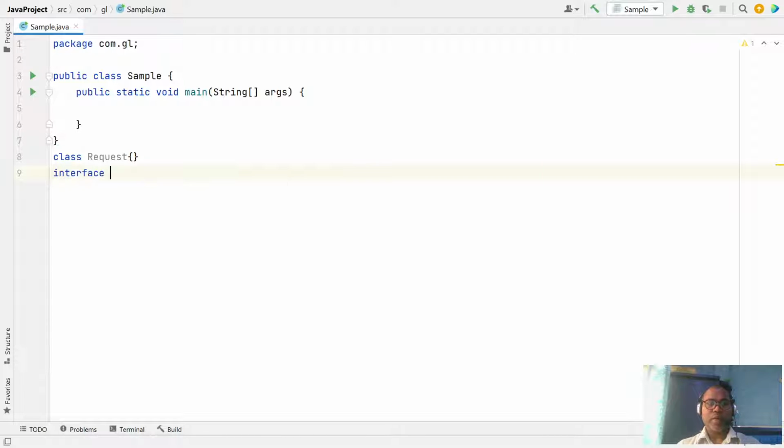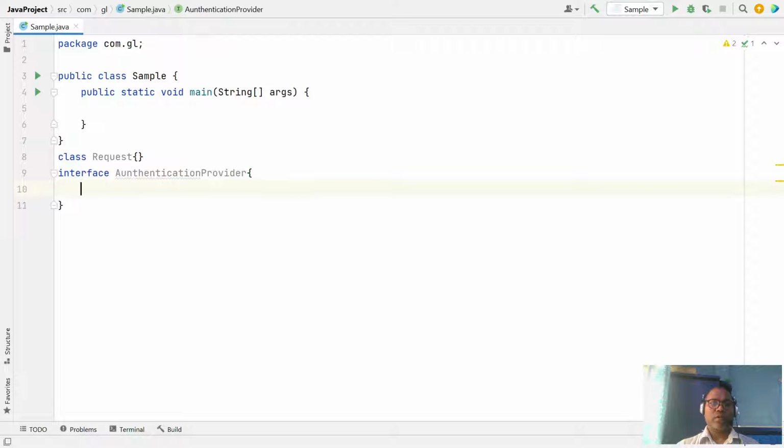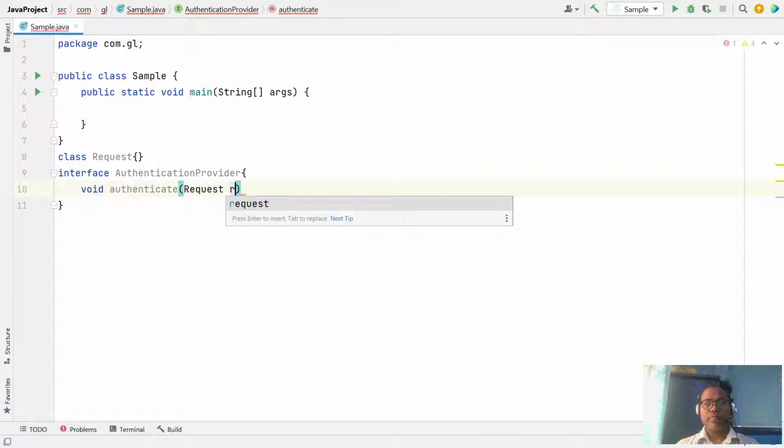So let's see, we have the type authentication provider. Here the basic function is to authenticate whatever request we pass.